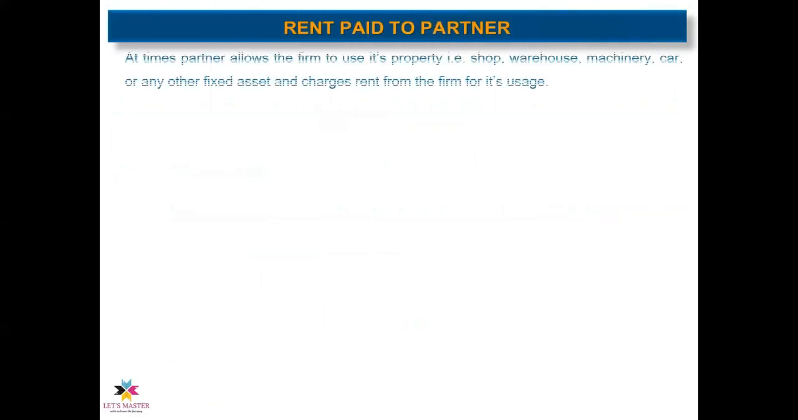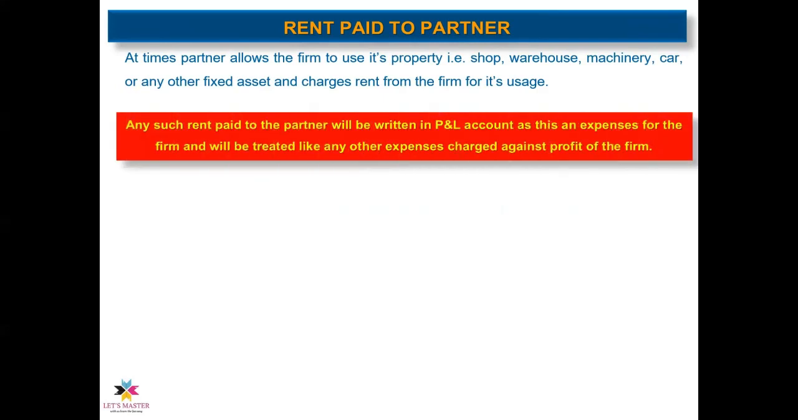Rent paid to partner. At times, a partner allows the firm to use its property, that is shop, warehouse, machinery, car, or any other fixed assets, and charges rent from the firm for its usage. Any such rent paid to the partner will be written in the profit and loss account, as this is an expense for the partnership firm,